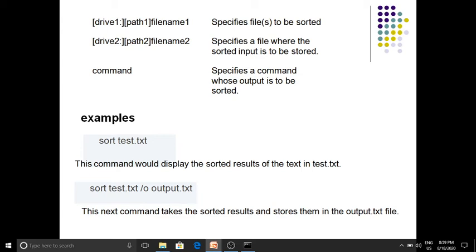Drive 1 colon path 1 file name 1 specifies the files to be sorted. Drive 2 colon path 2 file name 2 specifies a file where the sorted input is to be stored. So file name 1 is the file to be sorted, and file name 2 is the file where we store the sorted output. The command specifies a command whose output is to be sorted. Examples: